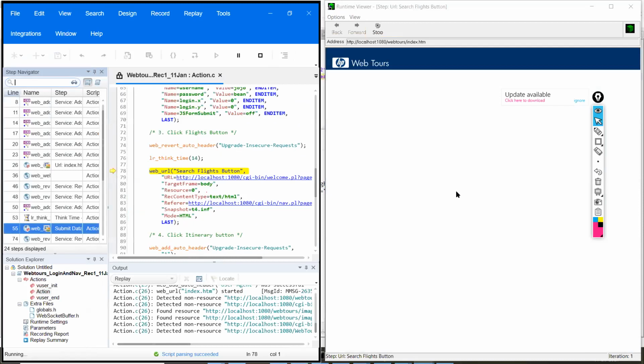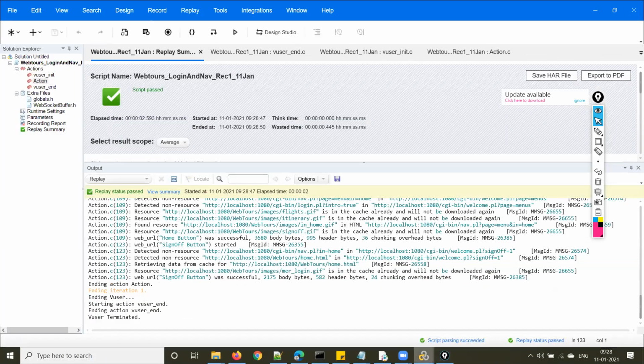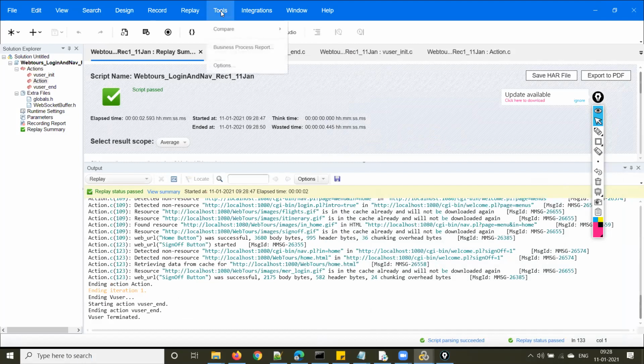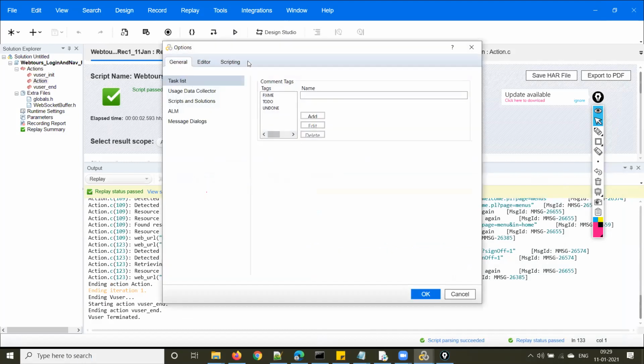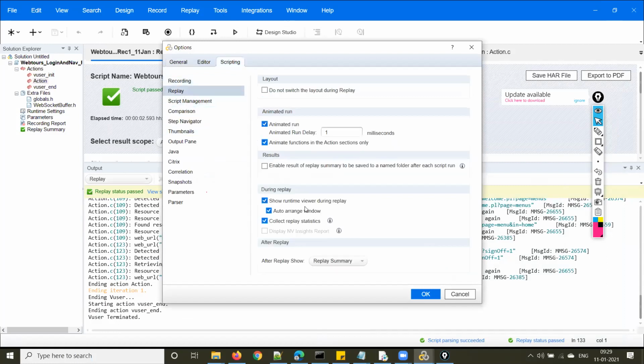Once you click on replay, you get something called the runtime viewer. This also doesn't come by default; you have to enable it. Everyone, please go to tools, options, scripting, replay, and select the checkbox show runtime viewer during replay.